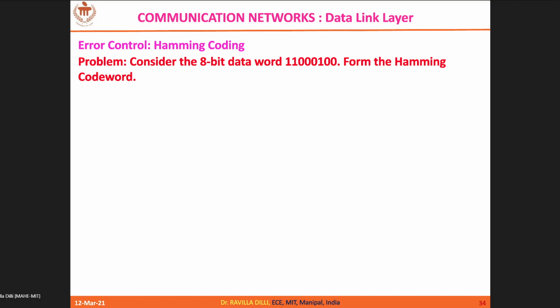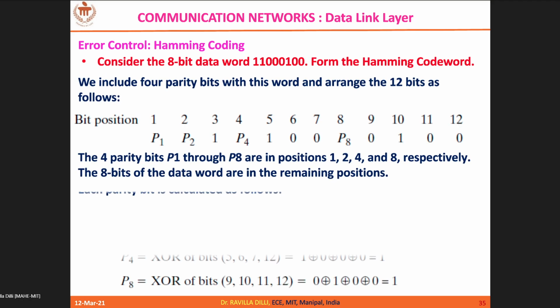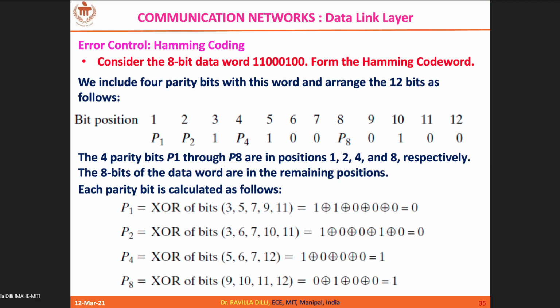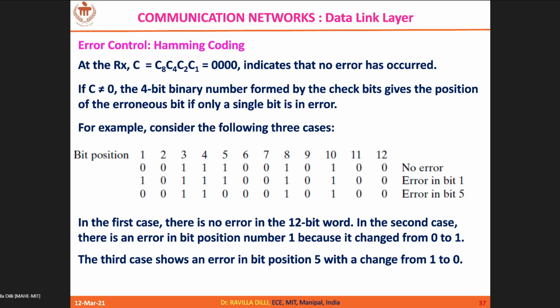You can take this as homework: 8-bit data is given to you, and you form the code word. Here, please don't consider this solution, as it indicates the big endian format. You have to do it the other way: the first position, you take on the rightmost side. So don't blindly follow the solution. You follow the little endian format only. Okay, so that is about Hamming codes.